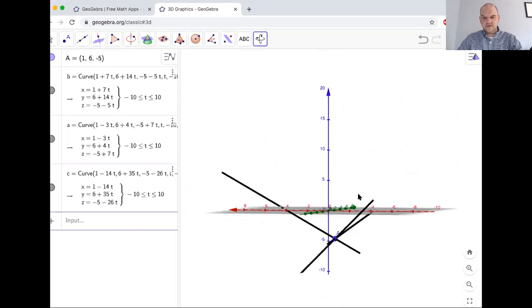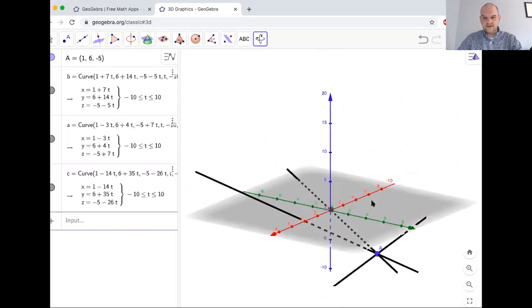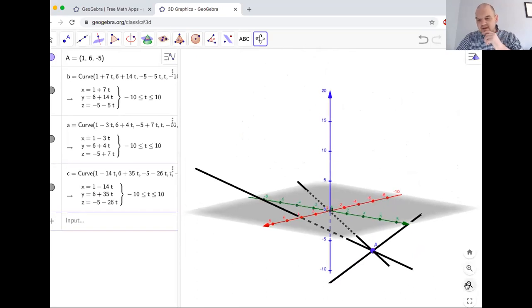Duplicate. And all I have to really do is change this. So -14, 35, and -26. All right, you're being extremely patient. I appreciate that. So we can see. Can we see? Are they orthogonal to it? Oh, you know what happened? It's because of the way that